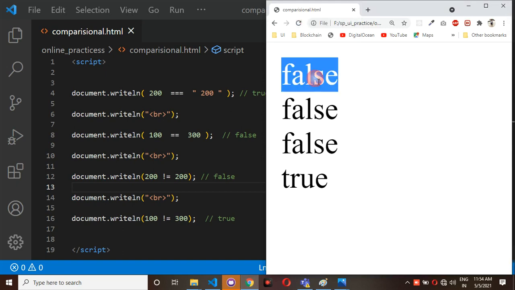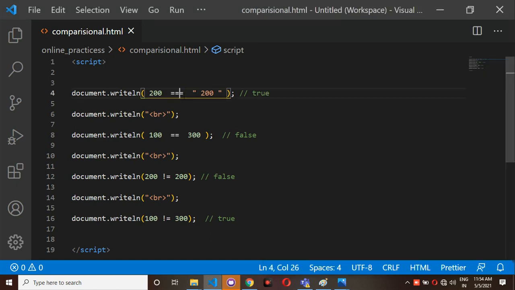Observe here, false. Why are you getting false? Because double equals will check